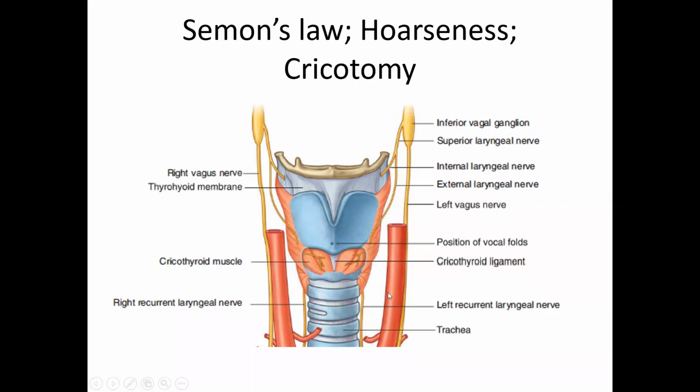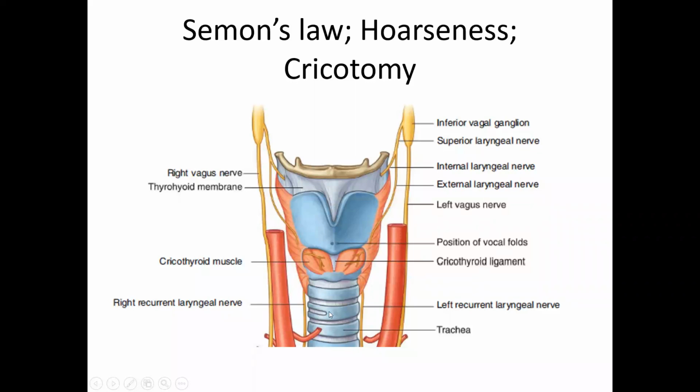Any irritation in the laryngeal region causes the vocal cords to go into spasm, so the person cannot breathe. In such a case, you have to do what is called an emergency tracheostomy. An emergency tracheostomy can be done at 3 levels. Above the isthmus, at the first tracheal cartilage, it's a very small opening.